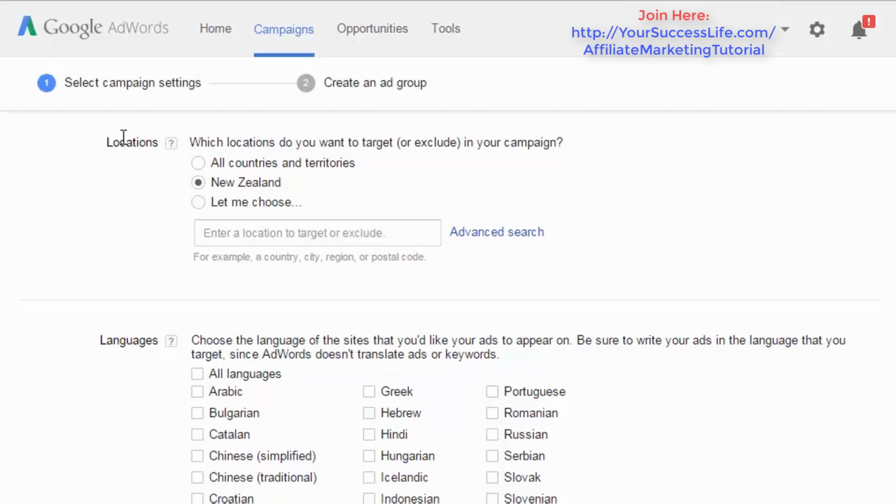Then you can select which locations you would like to target. I am personally from New Zealand, so that's why it has this selected here, but you can also say let me choose. We would advise against all countries and territories, because you're not always going to get the most bang for buck out of some locations in the world,